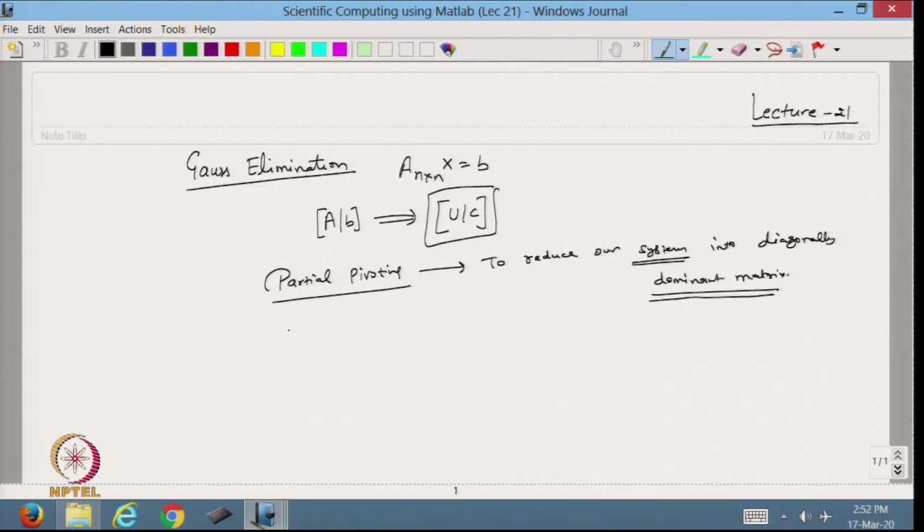So, today, after doing this, we will make the MATLAB code for Gauss elimination using partial pivoting.